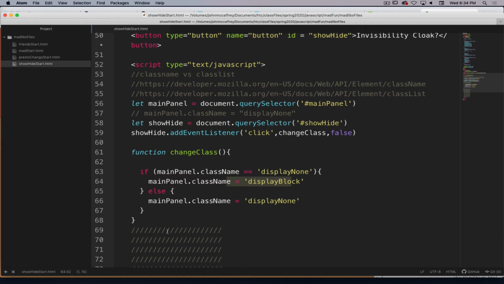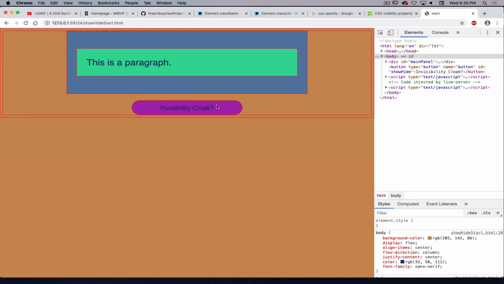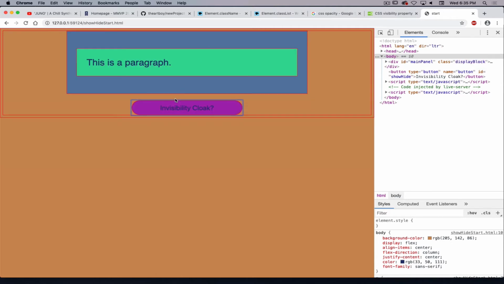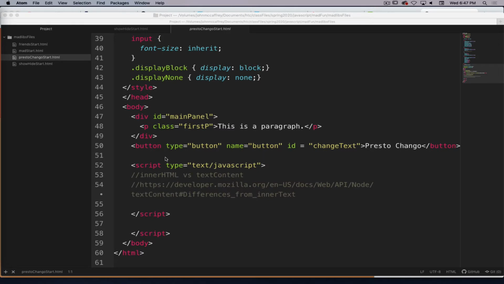The third time I click on the button, its class name is not display none because it is display block. So then it becomes display none. So that's how we create this toggling situation without having to pre-prep anything else. I can just keep clicking like that. So in this next component that is going to be factoring in for making the MadLibs, we